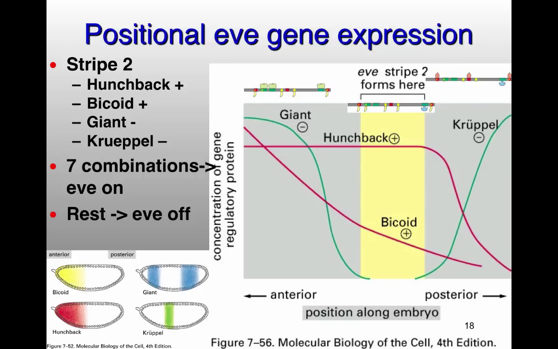But in this case, even skipped is an example which we use because it's a relatively straightforward example where we're just looking at activators and repressors, and the presence of activators and repressors at particular places in the Drosophila embryo will lead to gene expression or not gene expression in a particular location in the Drosophila embryo. And so that is here in a particular stripe. This is only one of 7 stripes that forms.